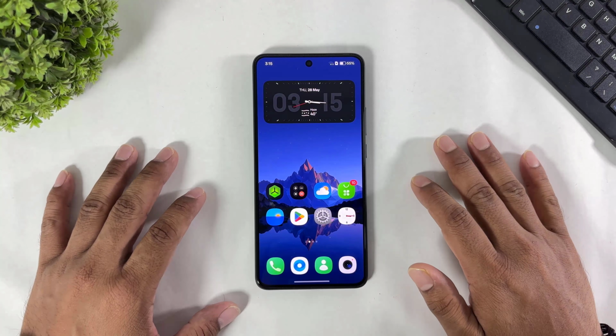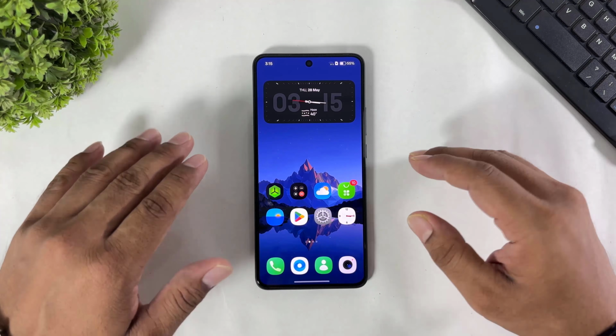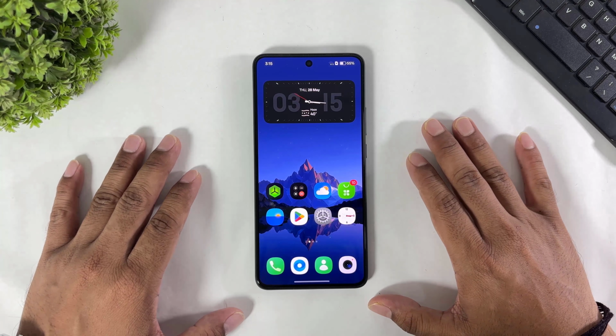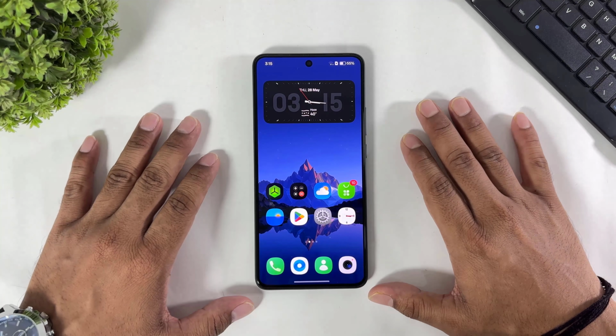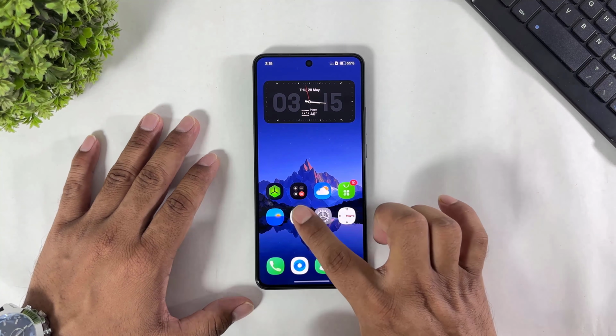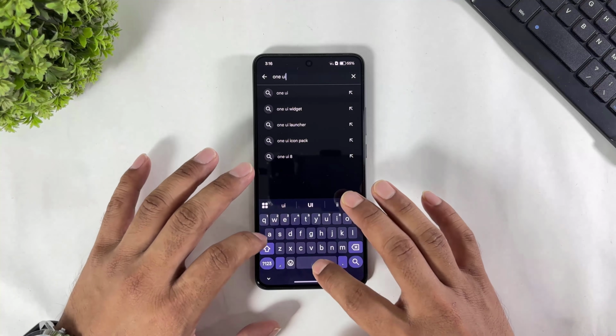One UI 8.5 3D icons are now available on Play Store. And in this video, I'm going to show you how to install these One UI 8.5 icons on your OnePlus OxygenOS 16. So, let's begin. Okay, guys, first go to Play Store, search One UI 8.5